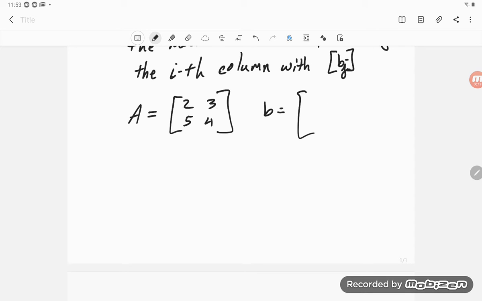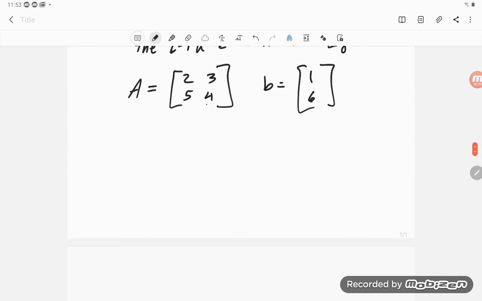So 4 and -3 is 1, 10 and -4 is 6, so B equals 1, 6. I think the solution here is going to be 2 and -1. So if I want to solve AX equals B,